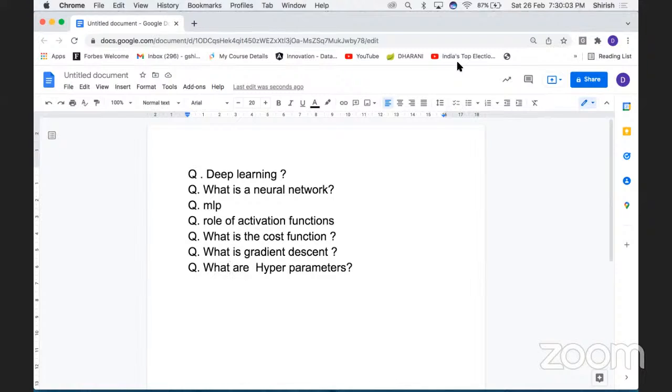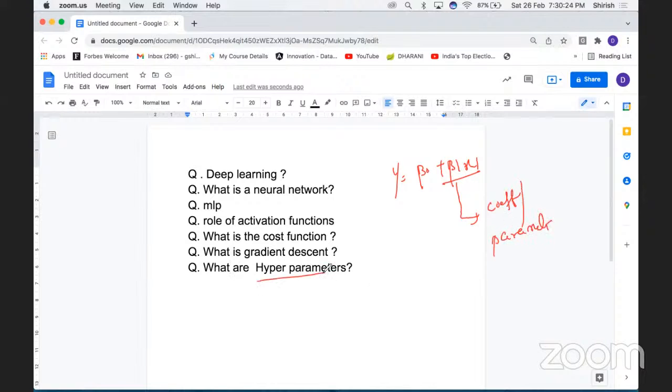When we talk about parameters, we are not touching them. Like just now we have seen a regression equation. You call these beta naught, beta 1 values coefficients or parameters. But how are hyperparameters different? A hyperparameter is a parameter whose value is set even before your learning process is started.